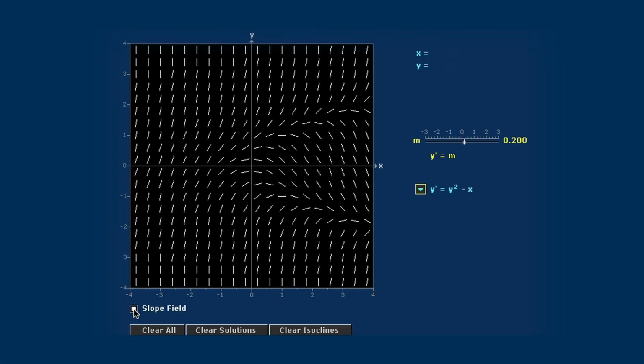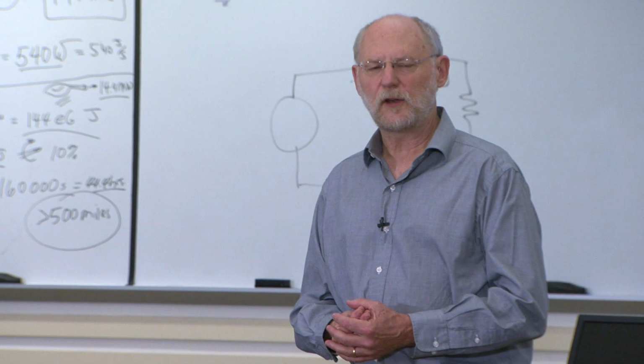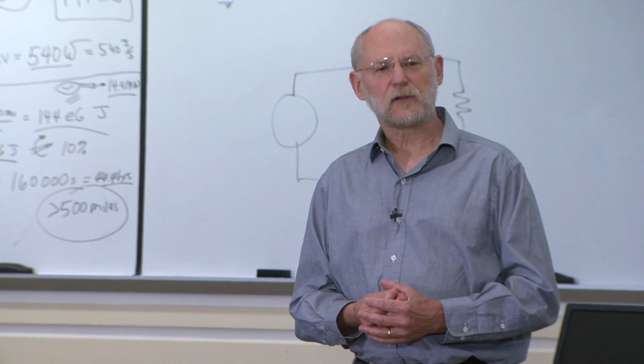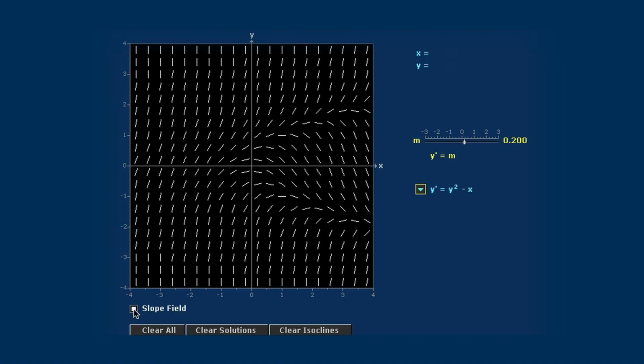If you're up on differential equations, it's a slope field. It's a representation of the differential equation y prime equals y squared minus x. But if you're not up on differential equations, it's a piece of art. It looks to me like a hay field, and the hay has been knocked down in this pattern. And what we're interested in are deer tracks through that hay field. So if you squint, you can sort of see the way deer would like to run through that hay field,